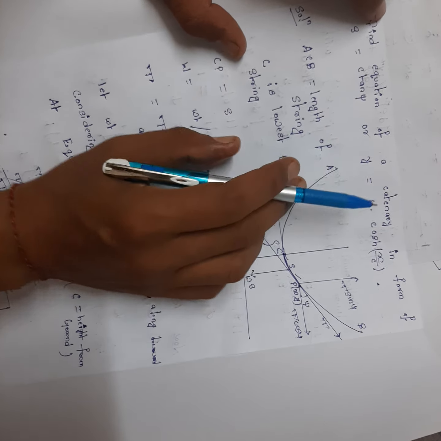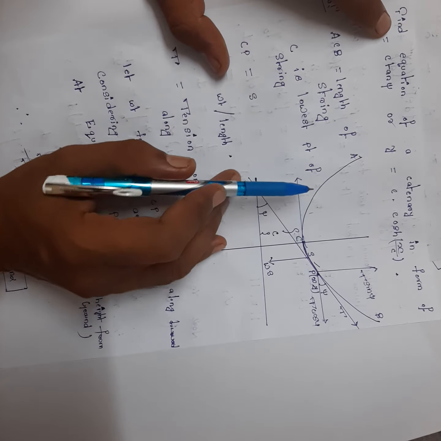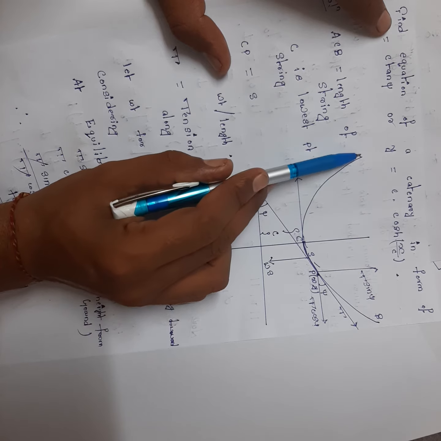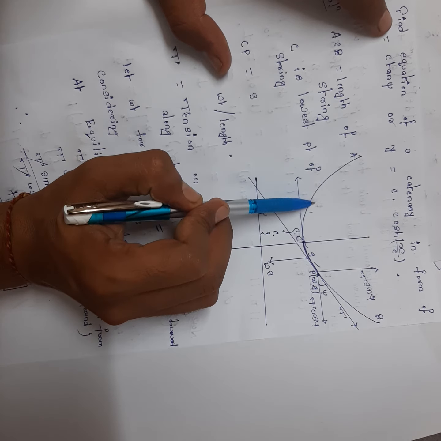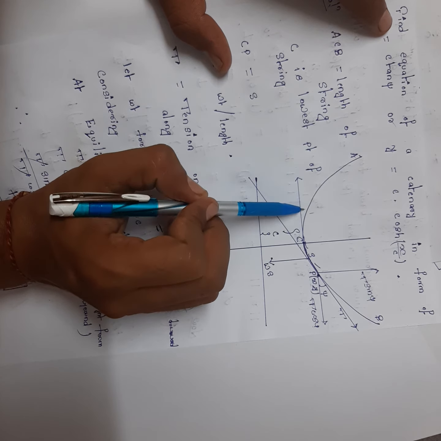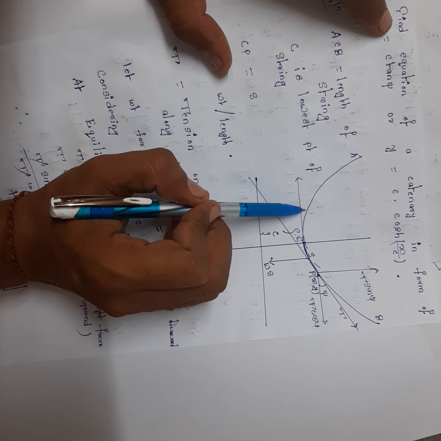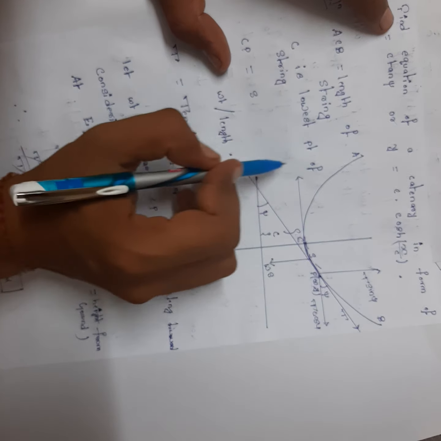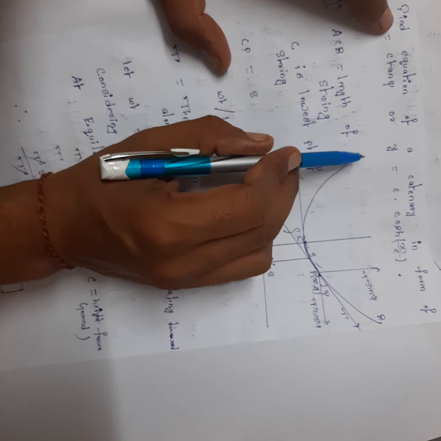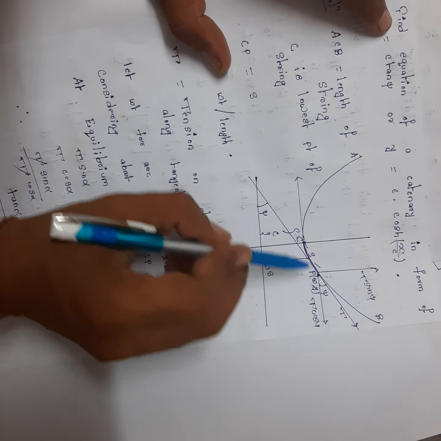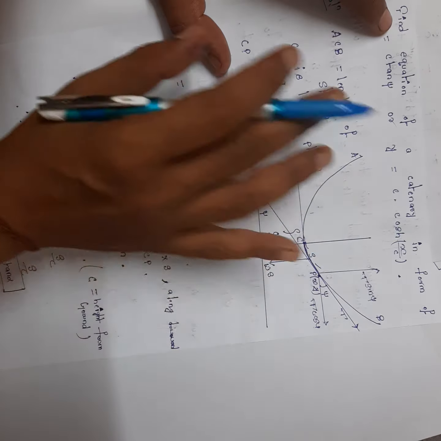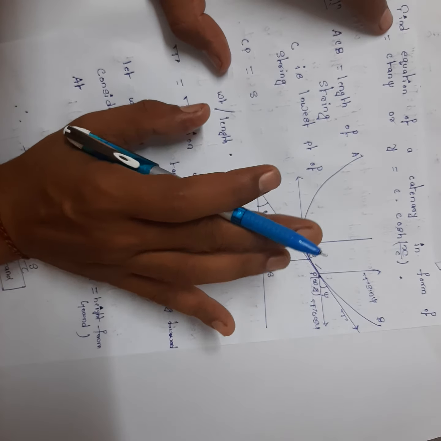Now let us see what the catenary is. In your daily life, when we see a wire hanging between two poles, and then a wire is hanging between them, you can imagine this figure is like a catenary.